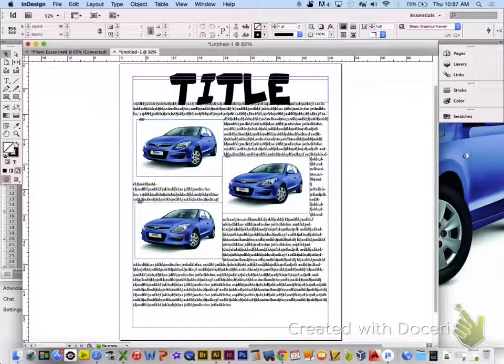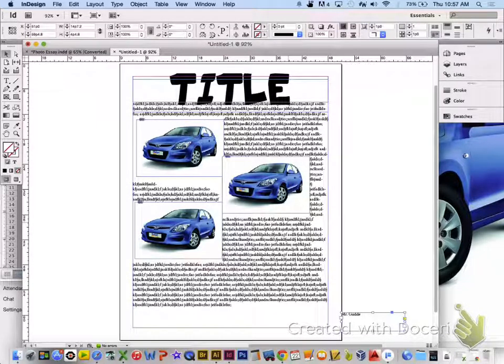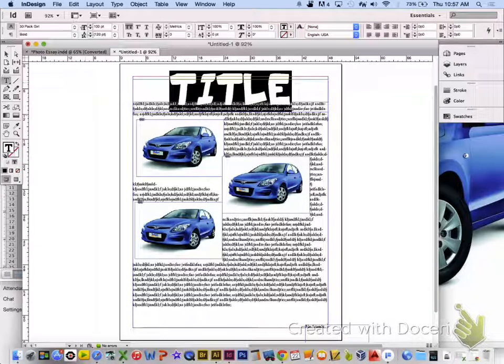Pretty easy, right? Now I'm going to put my name in the bottom corner because I created this. Always make the box off the paper and bring it on. Okay, now I want to make it fun and creative. Now if I want to do something fun with the title, if I want to change the color, highlight it. Over here,